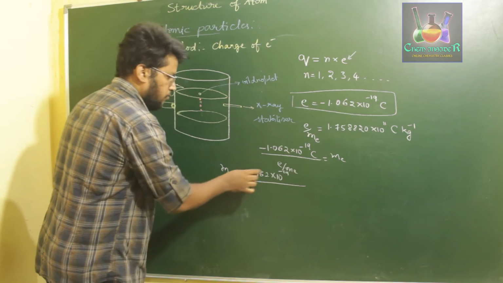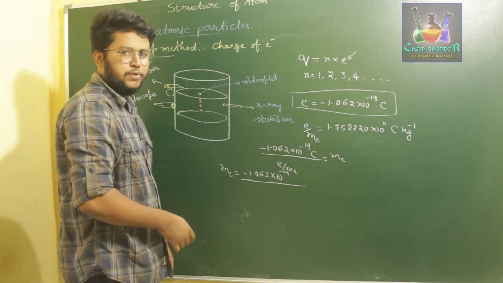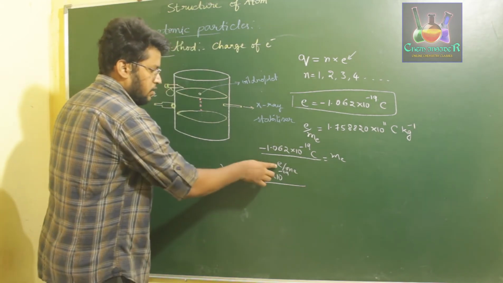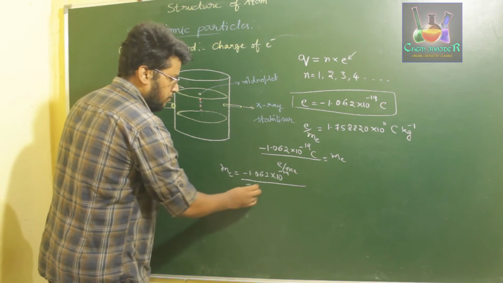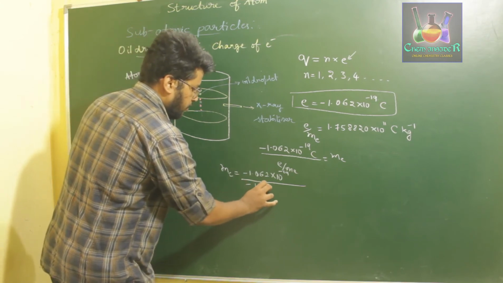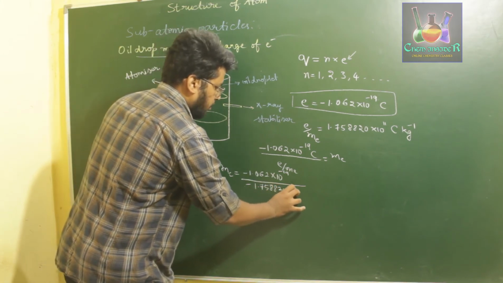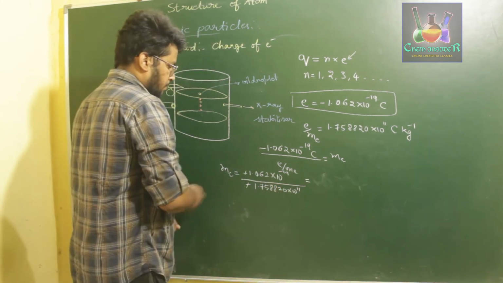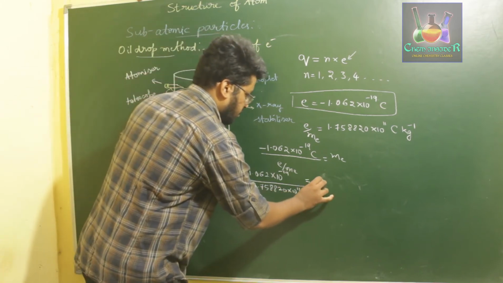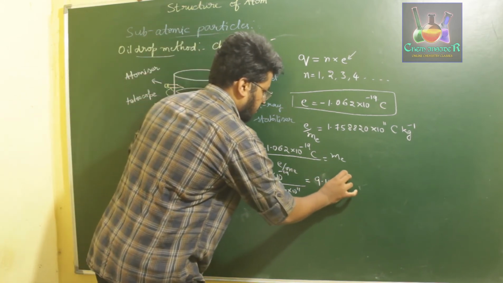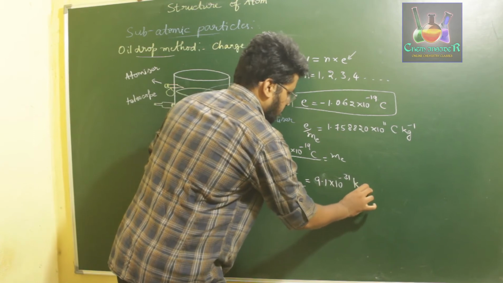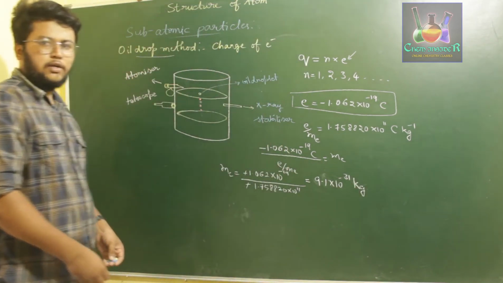and we know the charge to mass ratio is always negative. So because of e, I'll take minus of 1.758820 into 10 to the power 11. Okay, minus minus gets cancelled, so that gives us 9.1 into 10 power minus 31 kg. So this is the mass of an electron.